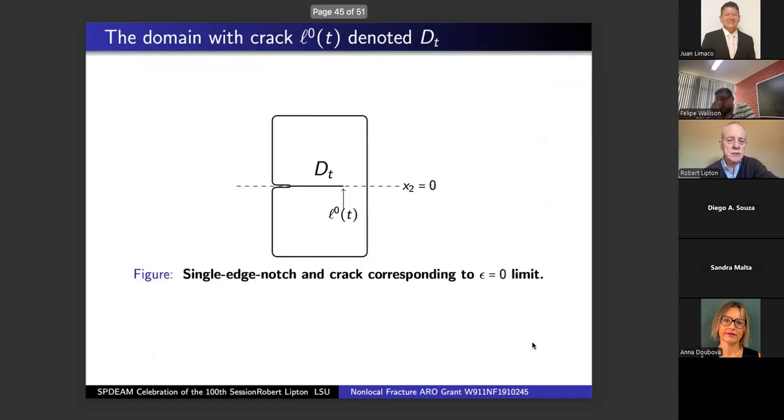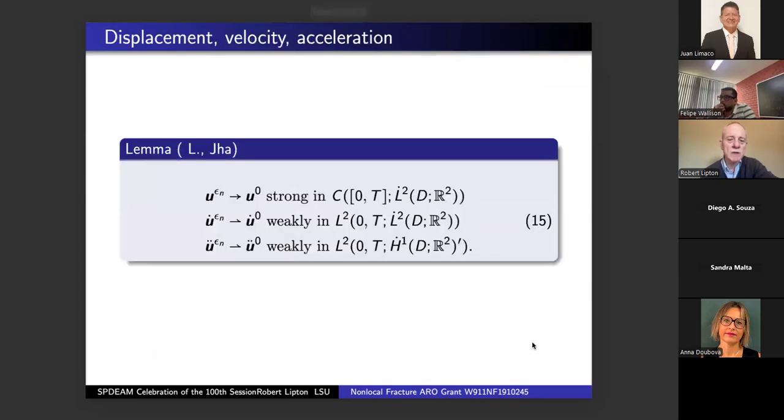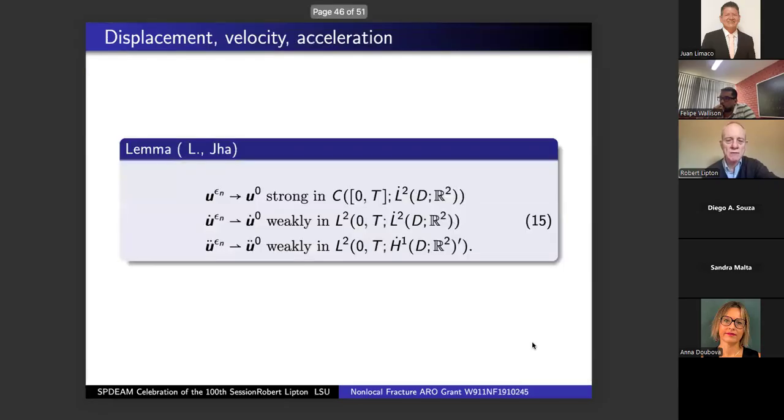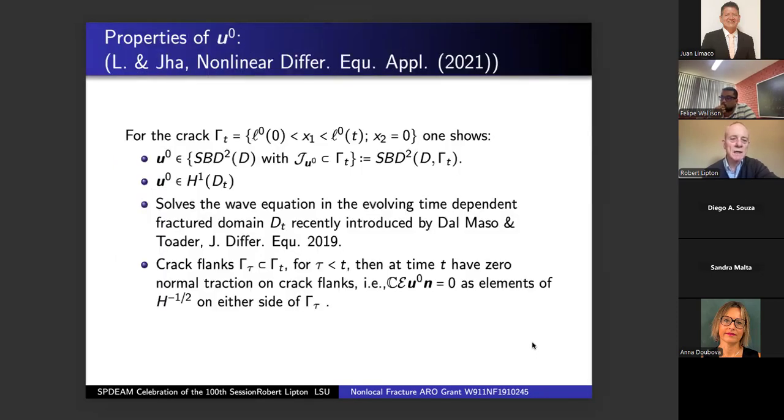And so I'll just say that using methods of weak convergence, sending the horizon to zero, we can show that in the limit, as the horizon goes to zero, we go towards a target function, u0, and we have the displacement, velocity, and acceleration converging in the various topologies of weak convergence. But we find that the target function, in the whole domain, is SBD with jump set localized to the crack itself. And outside the crack, which is also a one-dimensional thing,